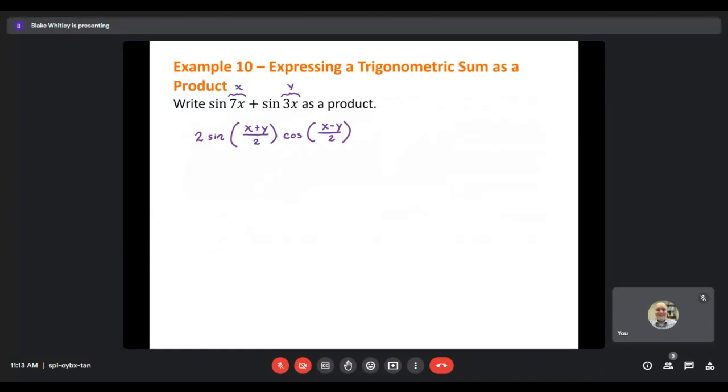Now we just substitute, so we get 2 sine. Our x becomes 7x. Our y becomes 3x, all over 2. And then cosine